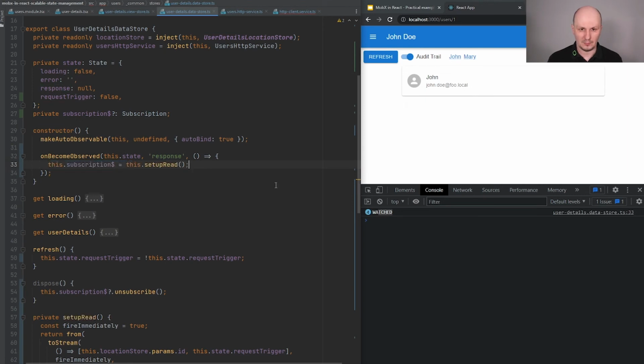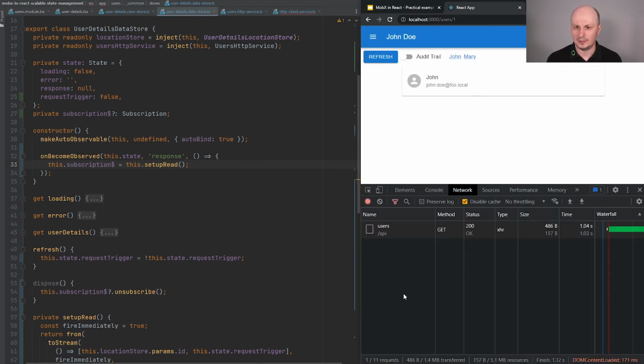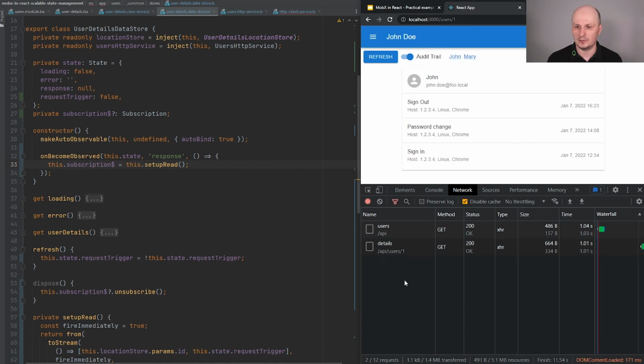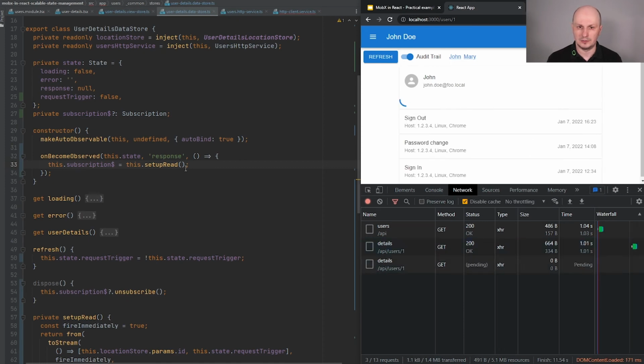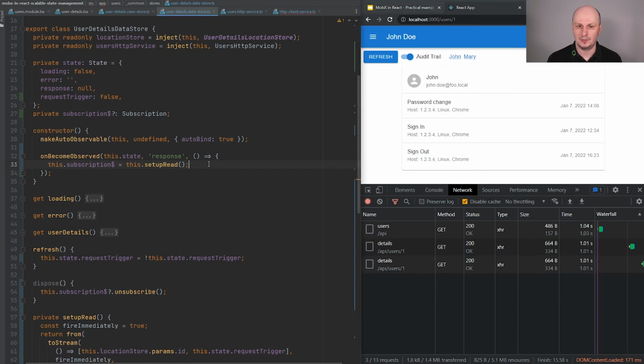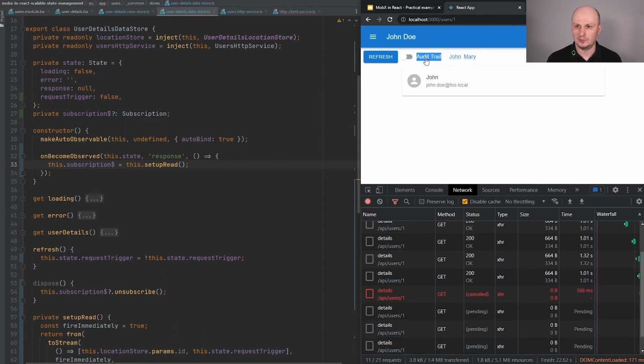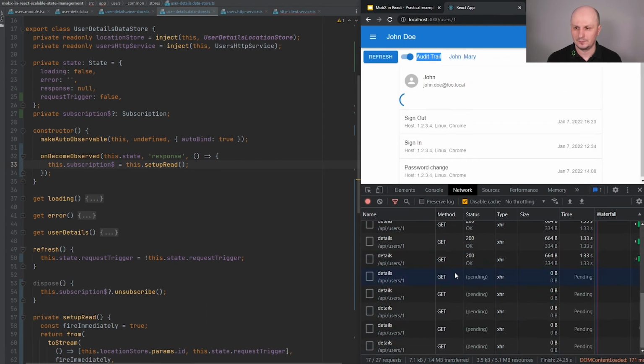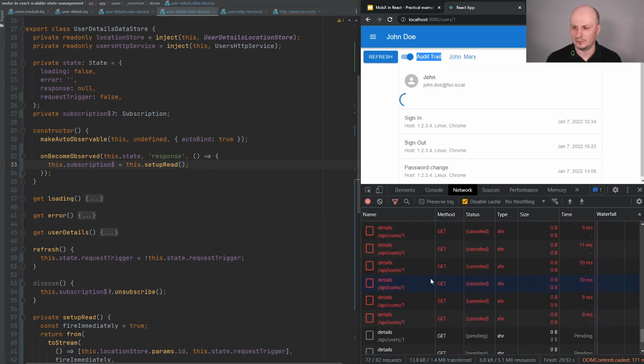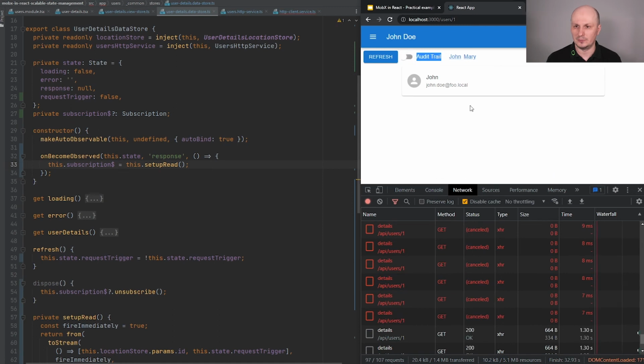So I'm going to paste here the start of the stream. Alright, so at the beginning we see only users API first. Alright, and now when I switch audit trail, we see that we started the new stream. So wow, it works fine. What happens if I switch multiple times? Then it looks like we have a bunch of streams concurrently retrieving the data, so we need to fix that.